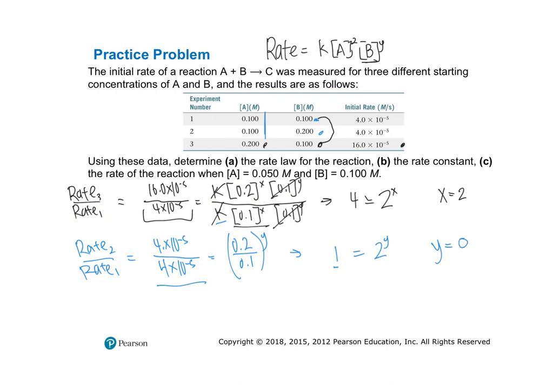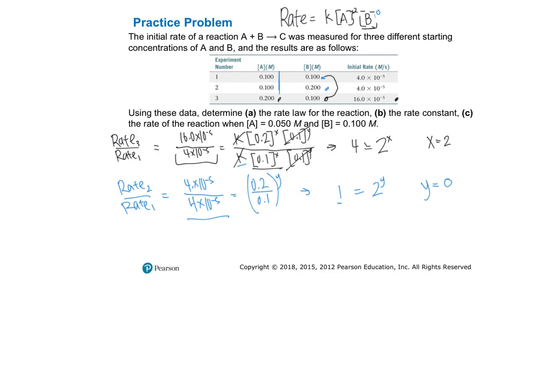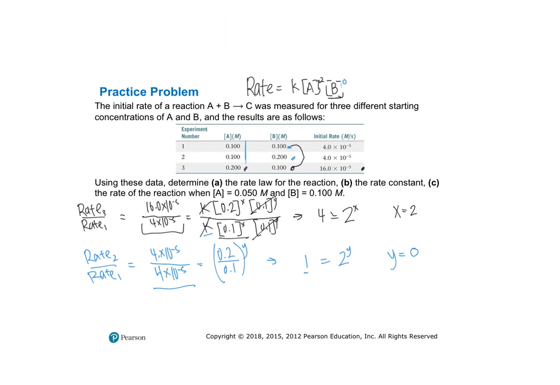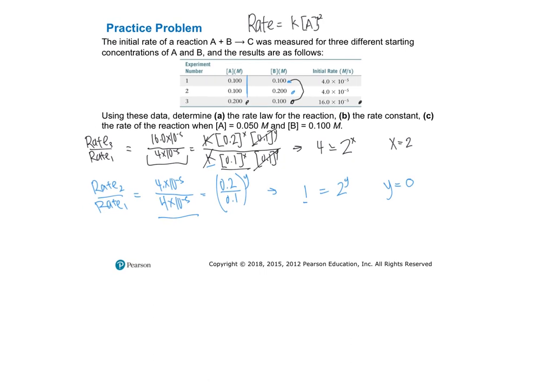So now B is 0. So my rate law, well, is this. Since B is to the 0, I can actually just erase the whole thing, and that's my rate law. So now I'm going to find the rate constant. For the rate constant, you can pick any of the experiments, and then we're going to solve for K. So I'm just going to do 1. So rate equals